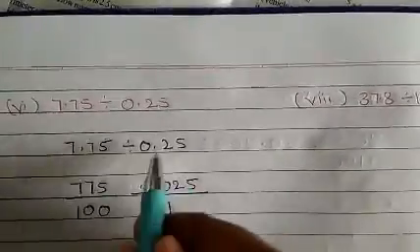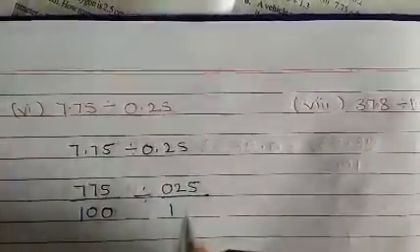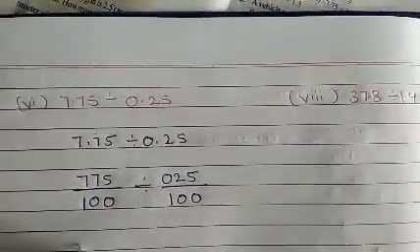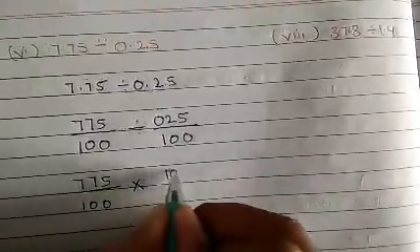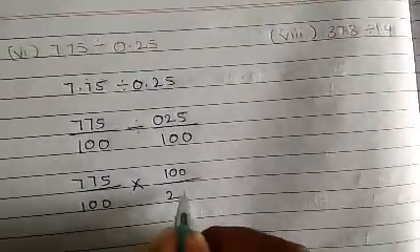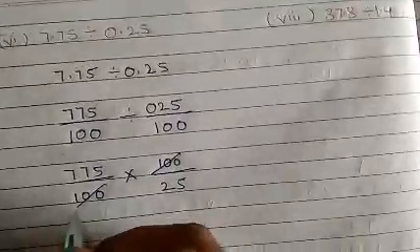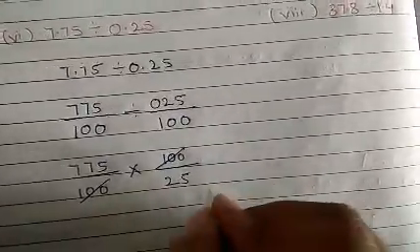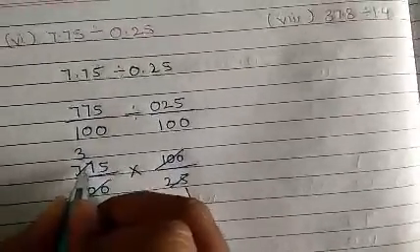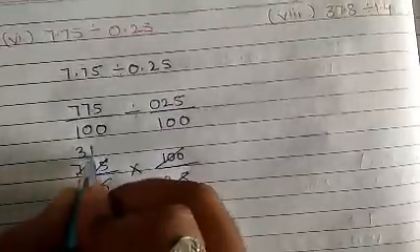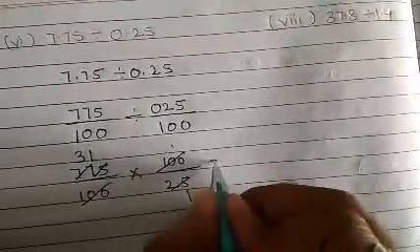Again I will convert it into a fraction. After the point how many numbers are there? 1, 2, right here 100. Okay, 775 by 100 into, it will become the reciprocal, 100 divided by 25. So here this 100 cancels. So 25 1 ja 25, 25 3 ja 75, remaining is 2. So 25 it will become 25 1 ja 25. So the answer is 31.